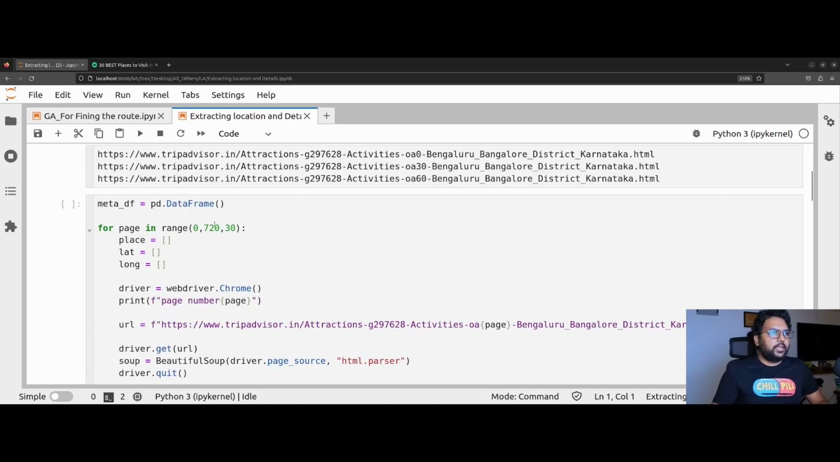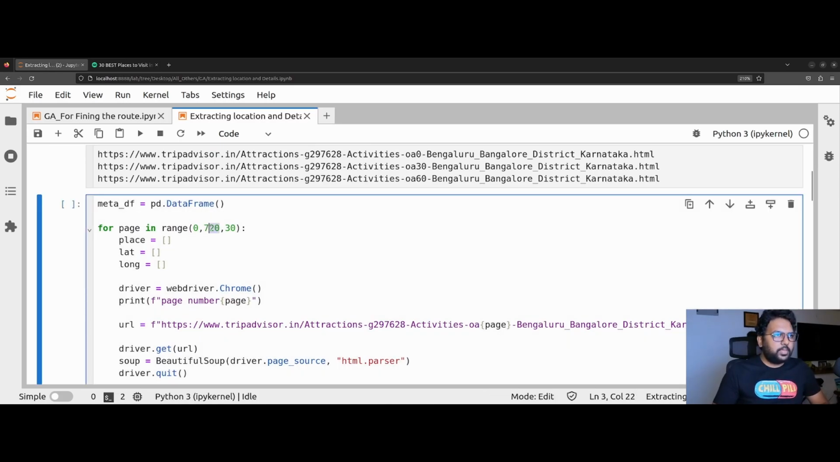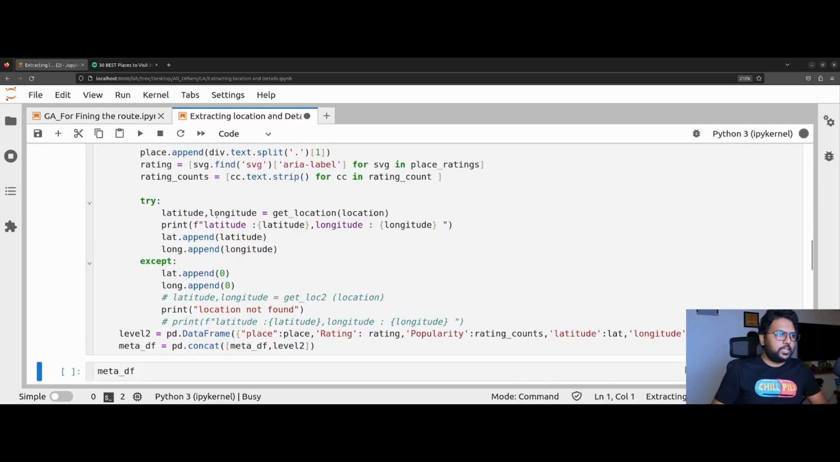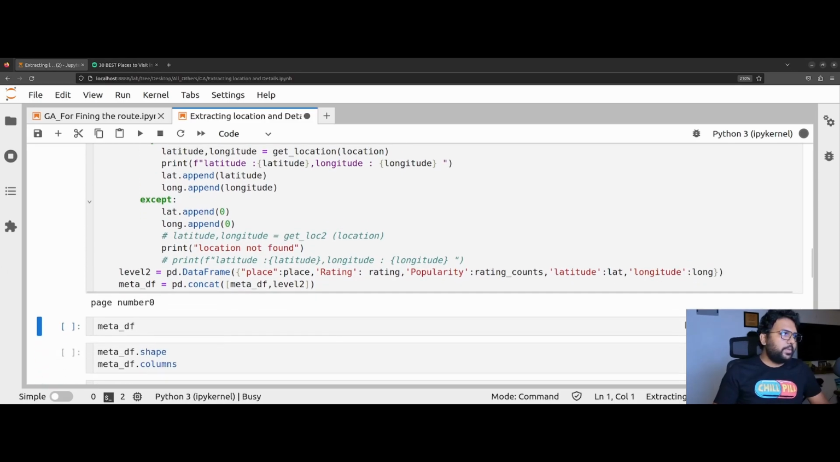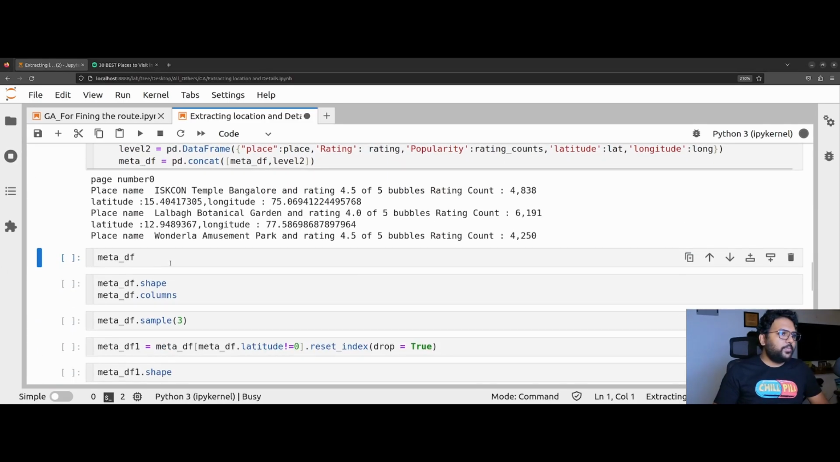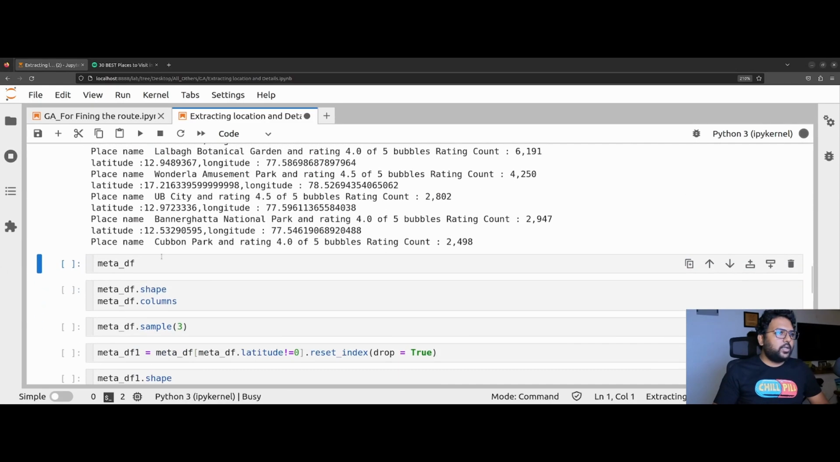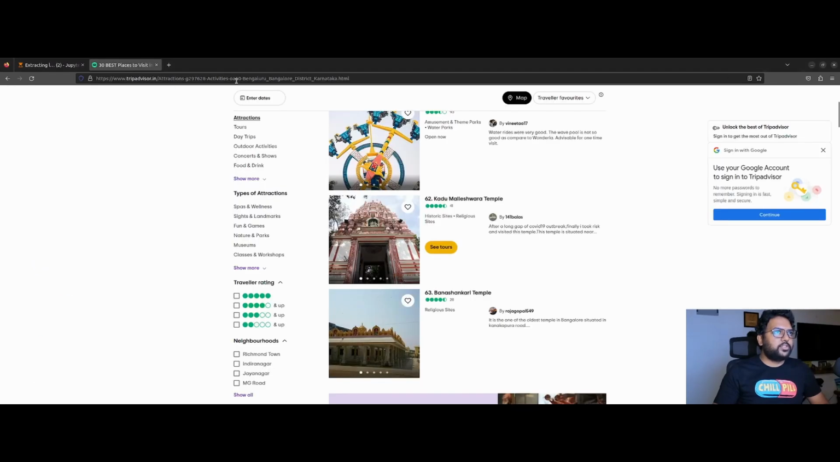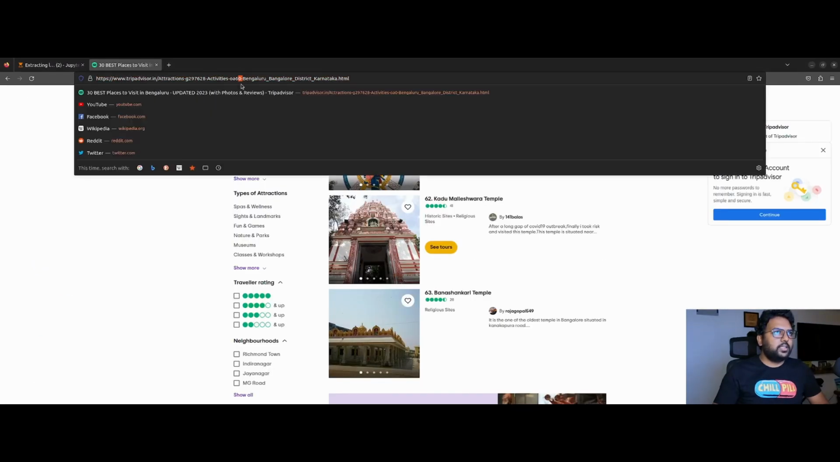Okay, let me just run over one page, or three pages in this case. I'm running it for three pages, and you can see it is collecting all the information from the first page. This is the first page. If I go to page number 0,